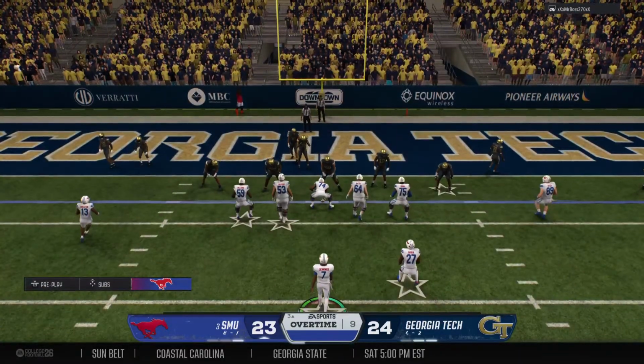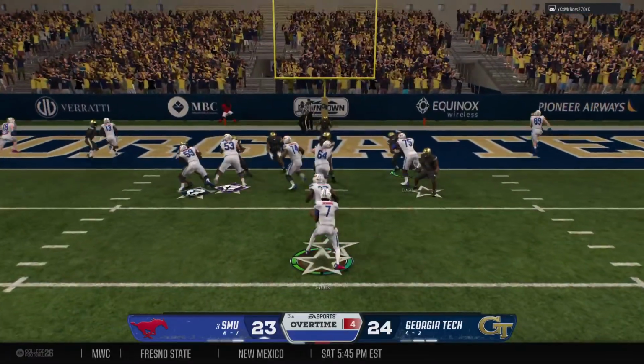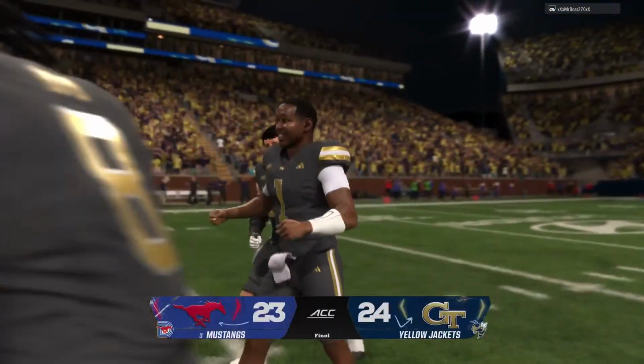No interest in another overtime. They'll go for 2 and the win. Quarterback on the keeper. They did not get it. The aggressive call to try to win the game right